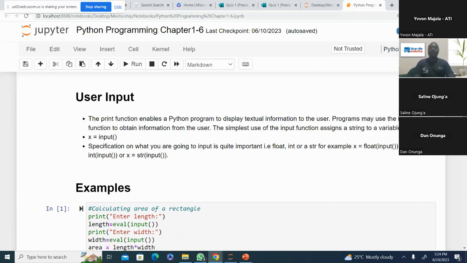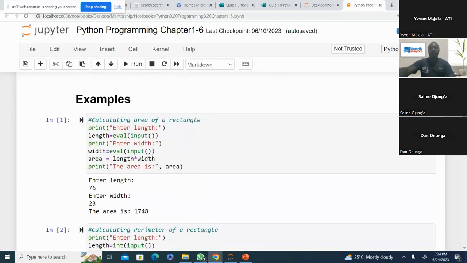Example of a float. I will give you the first example of a float. And in this first example, I'm making a program which will be able to calculate the area of a rectangle. How will it be able to calculate the area of a rectangle? The first thing which you will expect from the